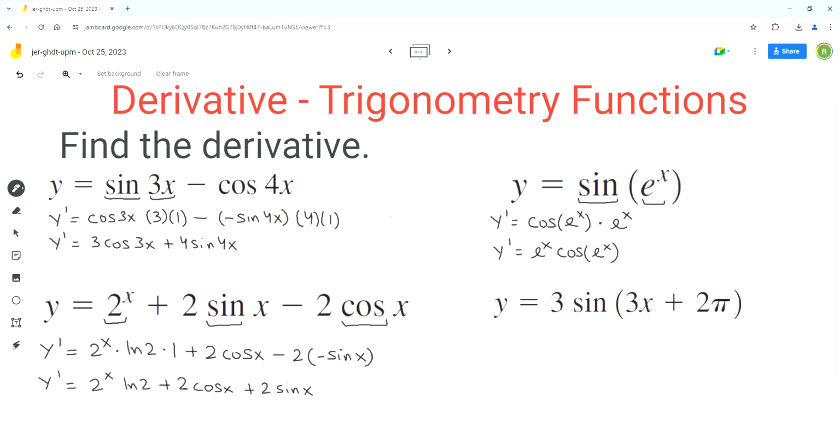Now we can analyze the last one. So y equals 3 sine parentheses 3x plus 2 pi. Now for this one we'll have to use chain rule because this function has an outer function sine, the trig function, and the inner function is this expression 3x plus 2 pi. Now 3 is the coefficient of the term, so it will stay as it is. So as per the chain rule, we'll start with the derivative of the outer function, and the derivative of sine is cos